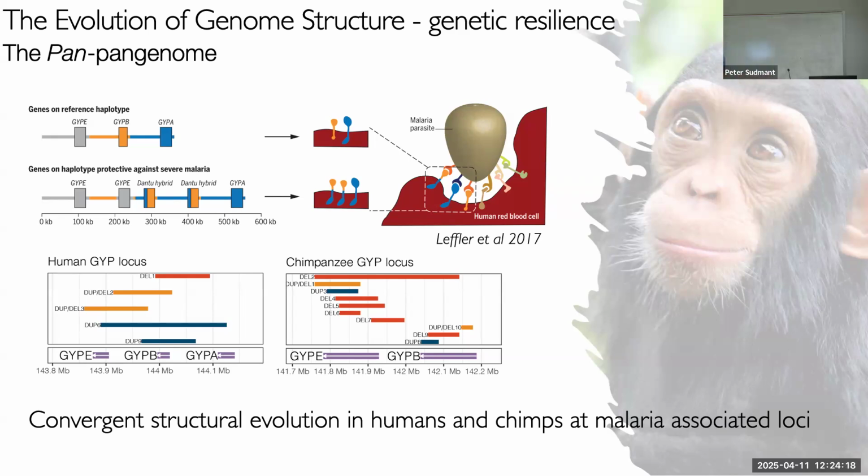And so we started looking at this in the 1,000 Genomes gene read depth. In the human region, we see all these deletions and duplications, that's cool. But then we started looking at chimps, and at this same locus, there's all this stuff going on. So what's happening here? Well, this is likely a case of convergent evolution, or potentially ancient balancing selection, which would be even cooler. So basically, huge amounts of diversity that have been maintained over time due to balancing selection.